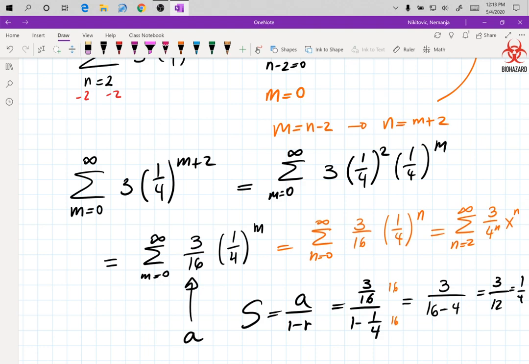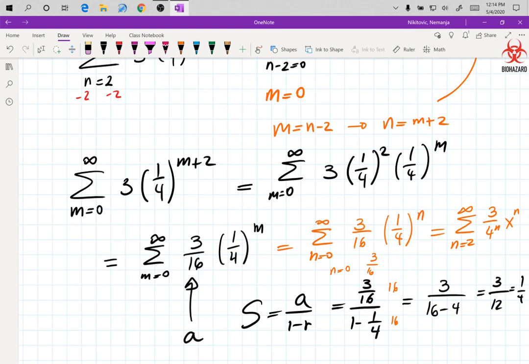Because this one, the first term will be calculated when n is equal to 0, right? And it will give you what? It will give you 3 over 16 times 1/4. That's what it gives you, because, sorry, n is 0. It's just 3 over 16. 3 over 16, nothing else. Because n is 0, the whole thing over here turns to 1. When n is equal to 2 over here,